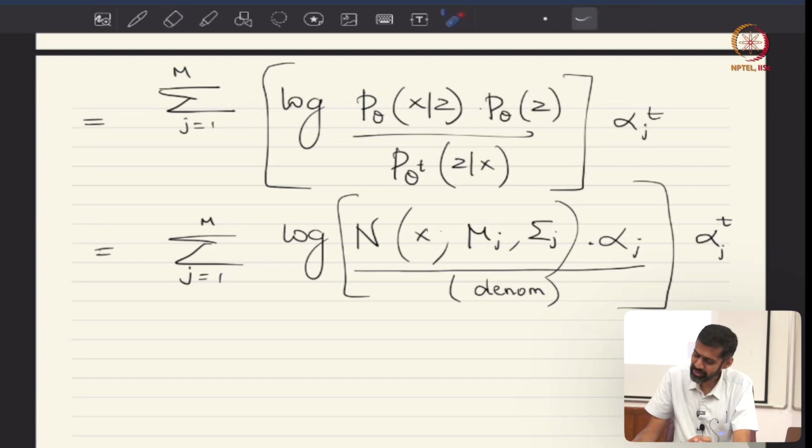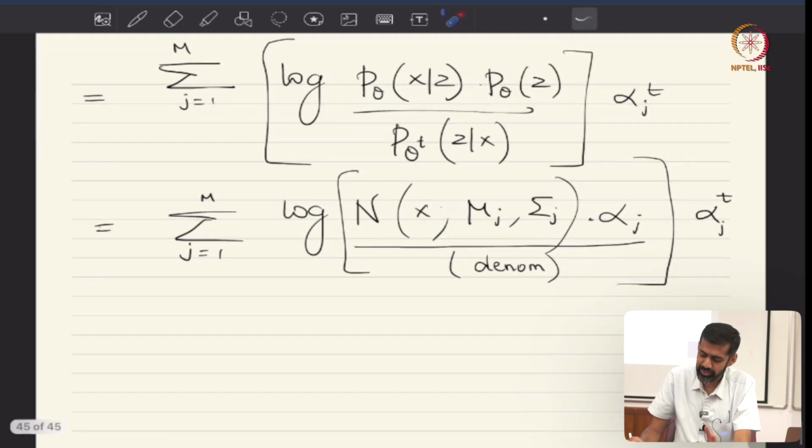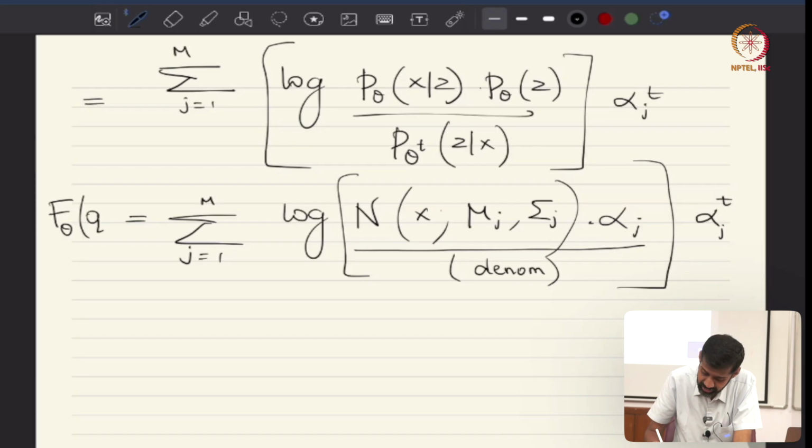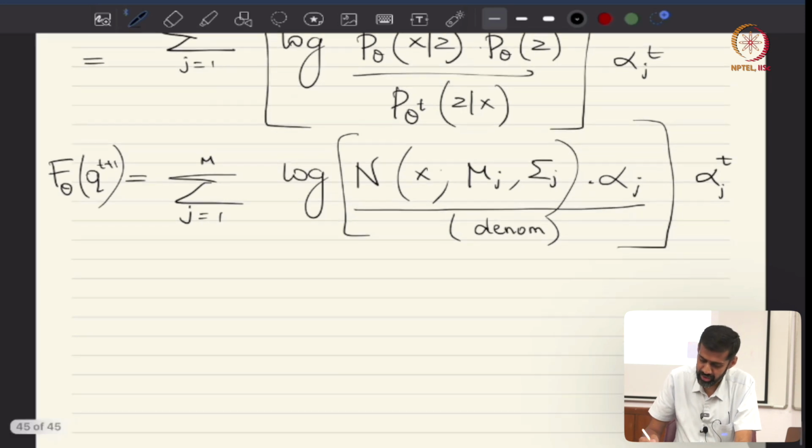Anyway, so you understood why there is an alpha tj here. Now what should we do? So what is this LHS? The LHS is f theta evaluated with qt plus 1. Now the part that I will leave to you as an exercise is actually easy, easy meaning algebraically easy. You will have to do that. You will have to find mu t plus 1, j as